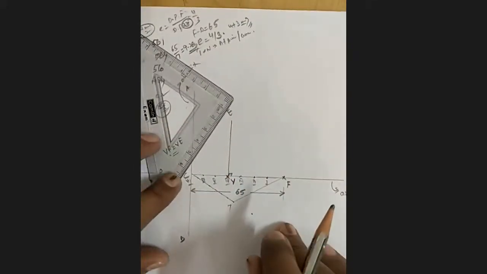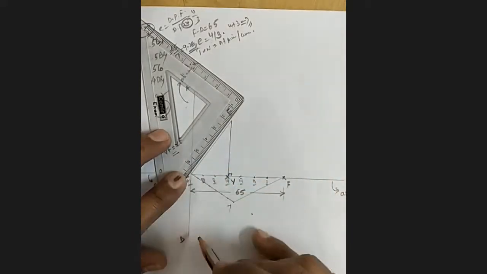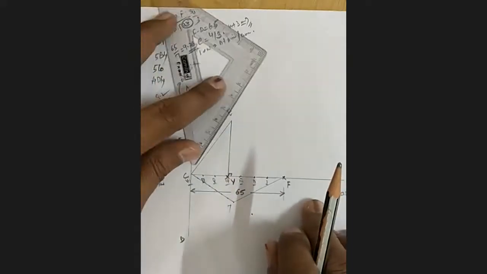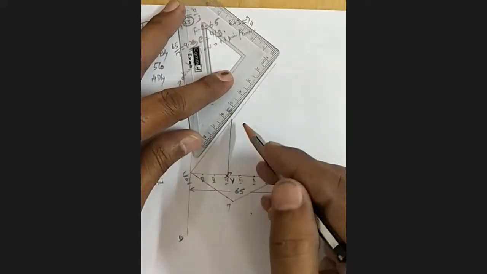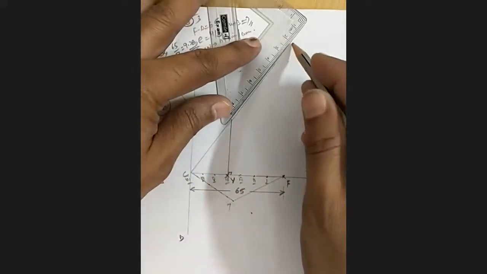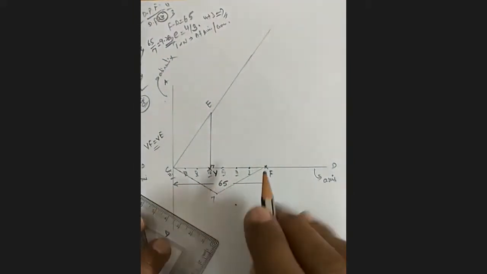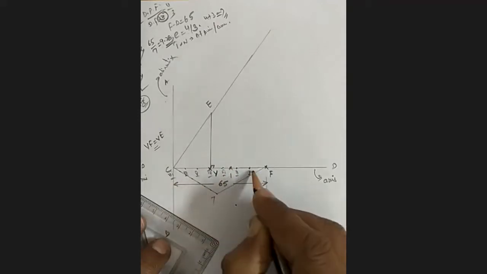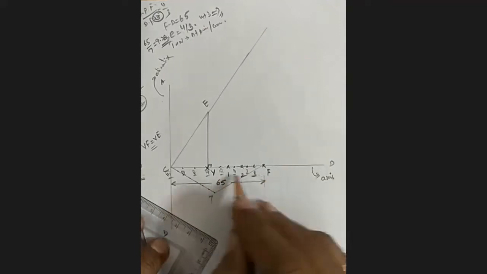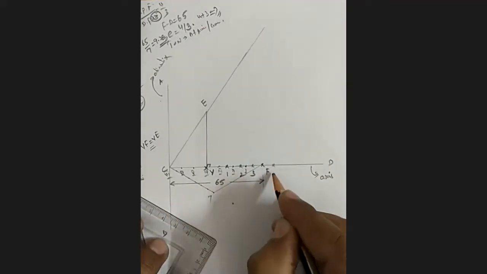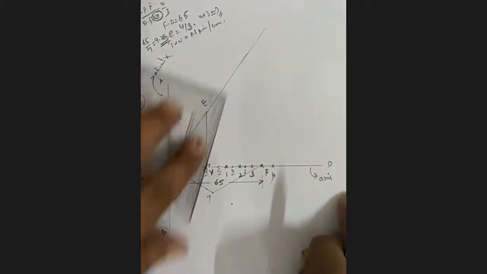Same procedure. Join the C extension line. Now it is a triangle. Extend it, extend means without changing the value. How much you want, you can extend. Now divide after V: 1 point, 2 point, 3 point. I divided V into 3 points. 4th point. If you want, you can go for a 5th, it is left to you.